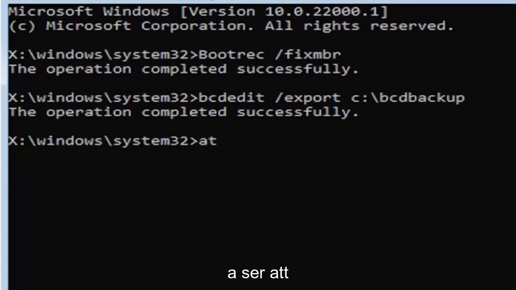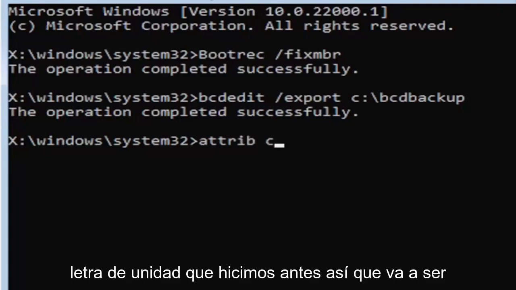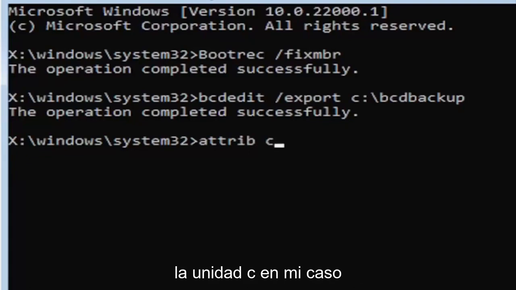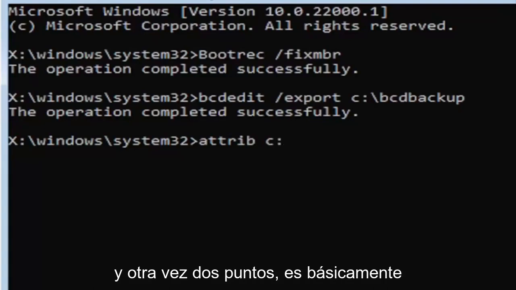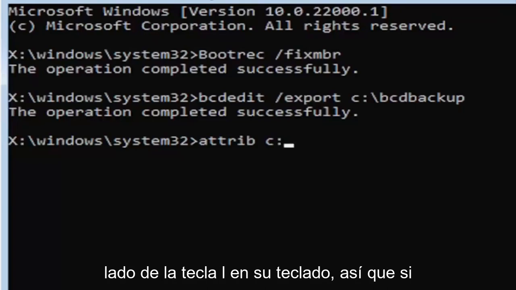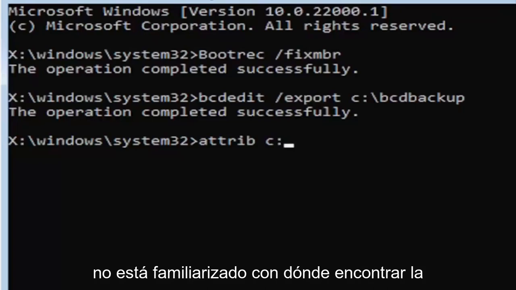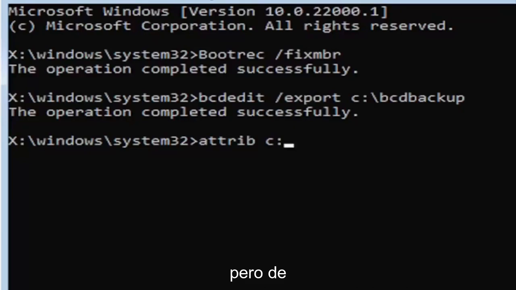It's going to be ATTRIB space. Now we're going to do the same drive letter we did before, so it's going to be the C drive in my case. And then again, it's going to be a colon. A colon is basically one dot on top of another dot. So if you hold down the Shift key and the key right next to the L key on your keyboard. If you're unfamiliar with where to find the colon key, that's where it is. You can go on Google Images and look that up too. But again, so C colon